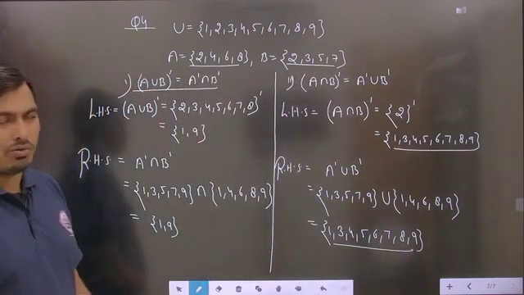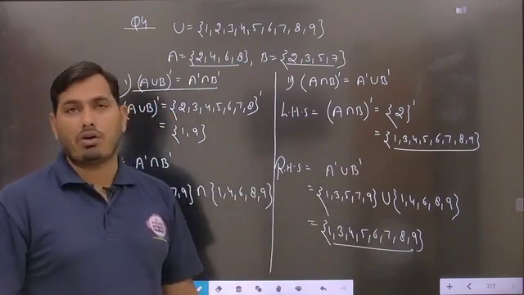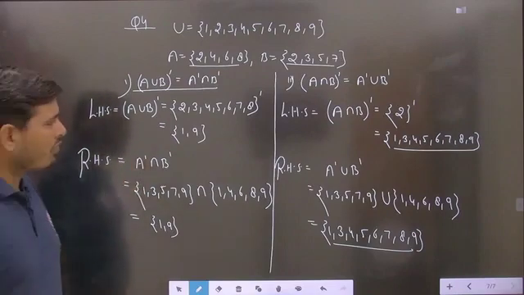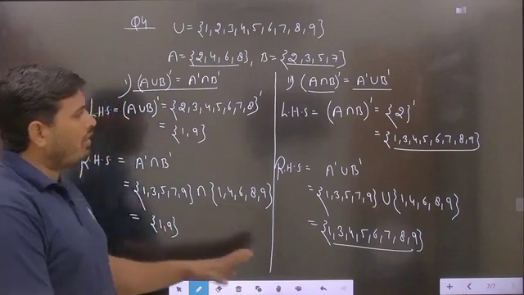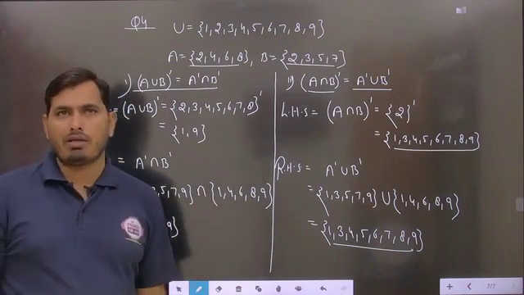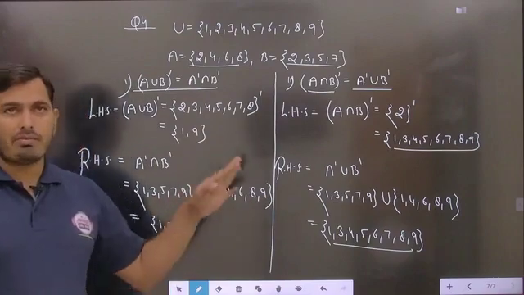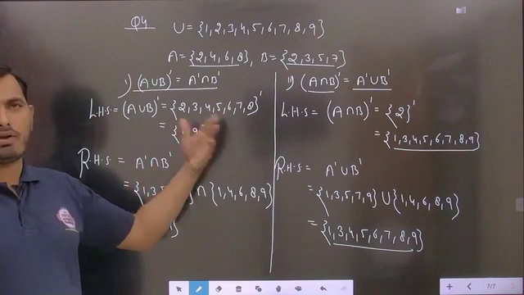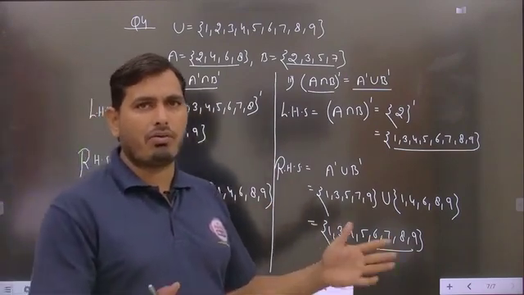So easily, students, you can check each and every element of left hand side and right hand side, and they are obtained the same. So basically these are the very important laws we have to keep in mind as per the name, and you can prove the results by taking some suitable examples. In this question number 4, we just have to simplify the left hand side and right hand side, and verify the given results, whether they are obtained exactly the same or not.